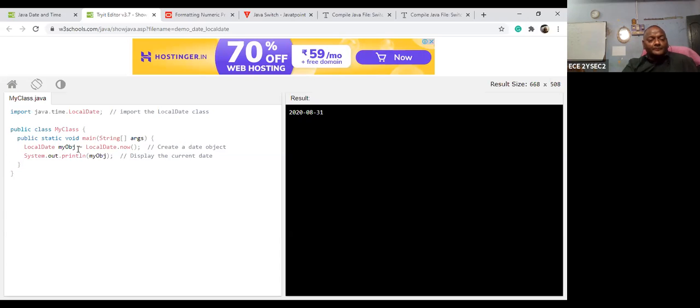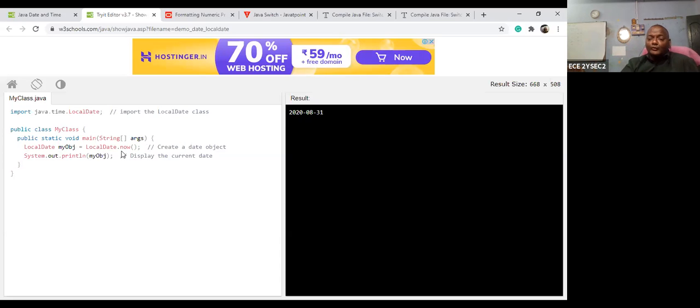So we import java.time.LocalDate, which is imported from the libraries. Then in the main program you use LocalDate.now.